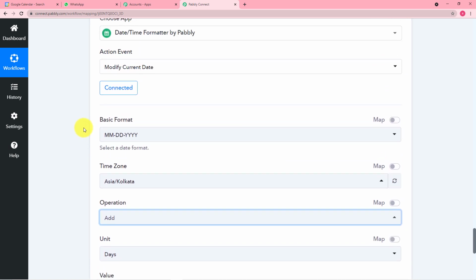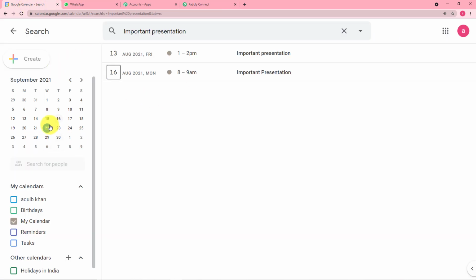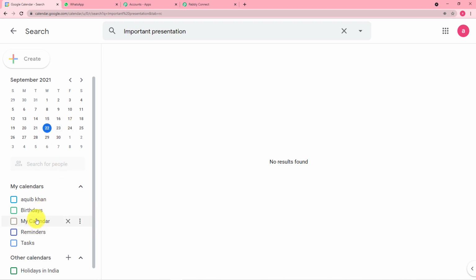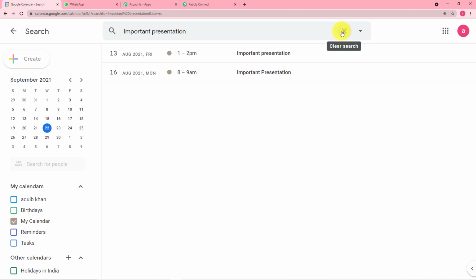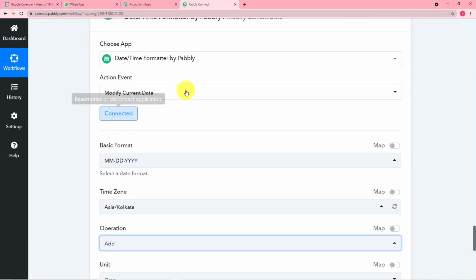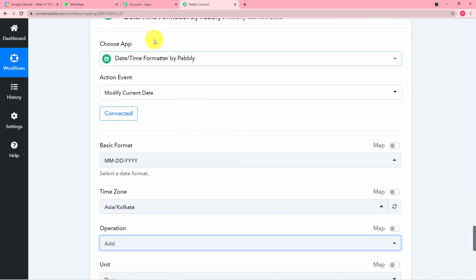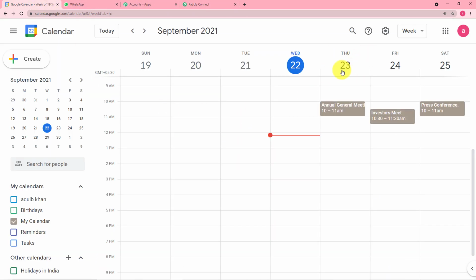What I am doing is, let's suppose that today's date is, let me show you in the calendar. So this is the date of today, 22. And we have an event. Let me show in my calendar. So in this calendar, you can see we have an event tomorrow. So this is the today's date and we have an event tomorrow. So we do not have the data of this date in Pabbly Connect anywhere. You can see we have the date of a previous event like this, but we do not have the current date. Also, we do not have the date of tomorrow.